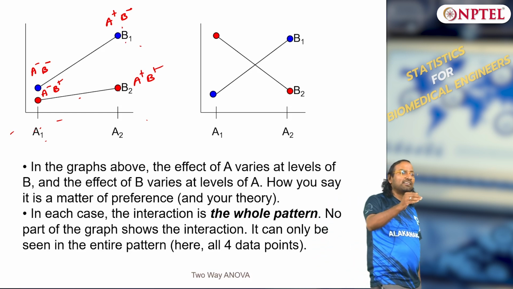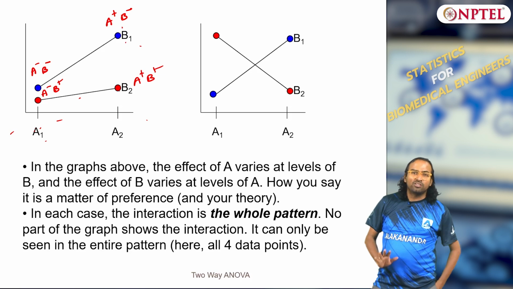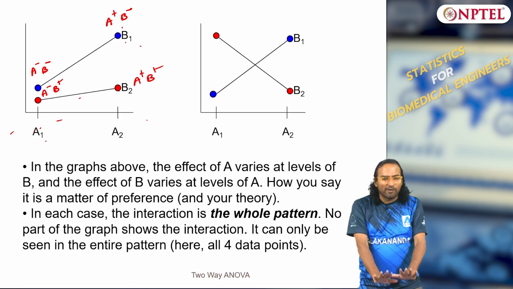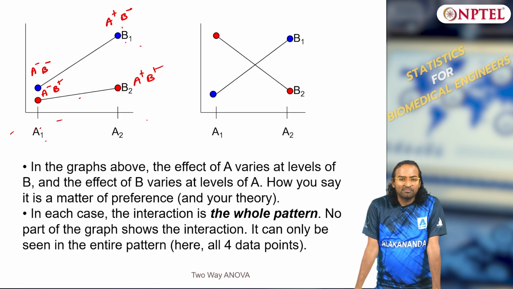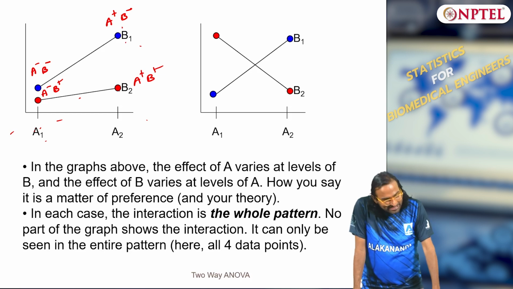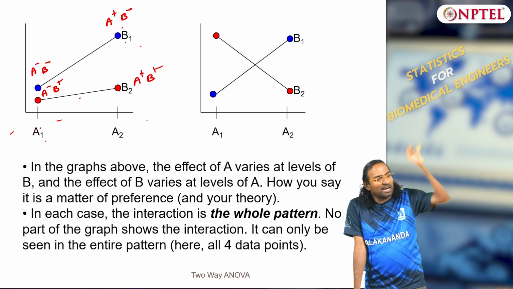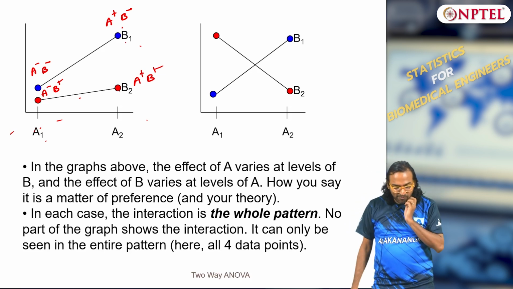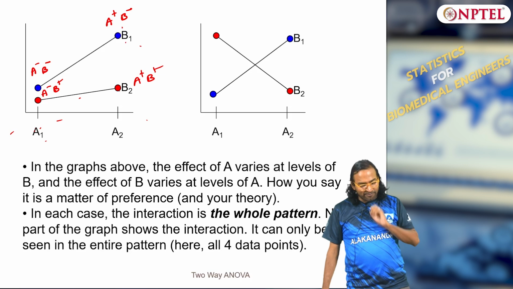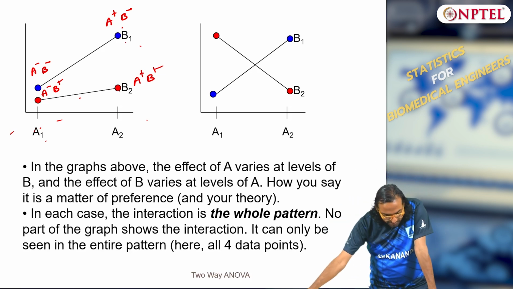To understand, let us say I want to understand the effect of A. In this simple 2 cross 2, how do I do it? If you think about that, then naturally it will be easy. Just to think of it, don't bring in math, we will come to it later. Just tell me in layman's terms, what is the effect of A here? Keep B.